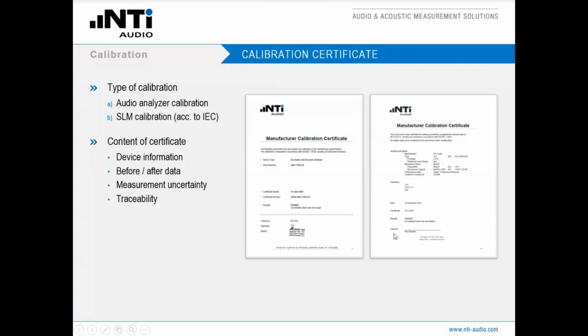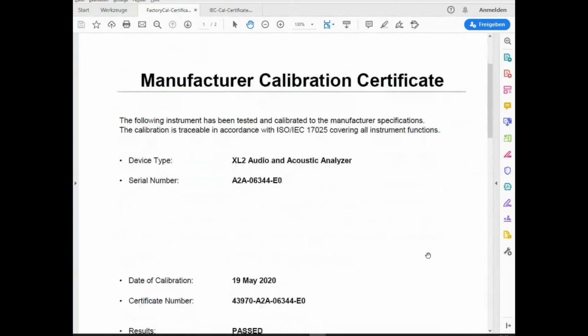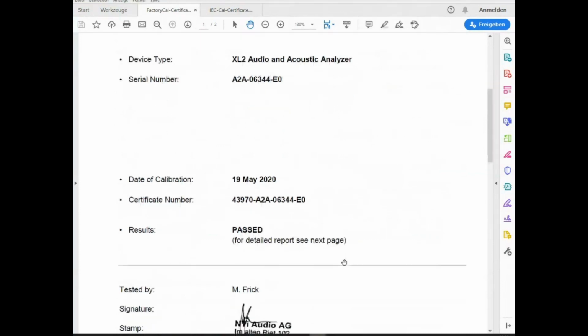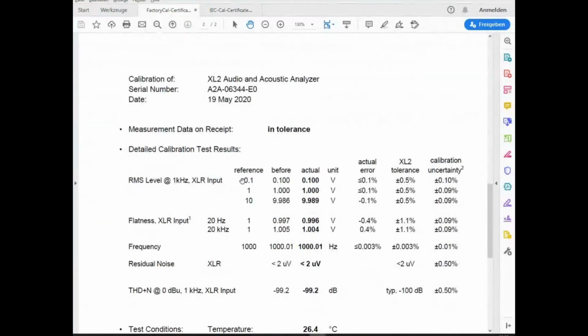I can show you that in practice briefly. This would be the manufacturer's calibration certificate of an analyzer, which you can see here. You find also the date when it was calibrated and this information I just mentioned before.